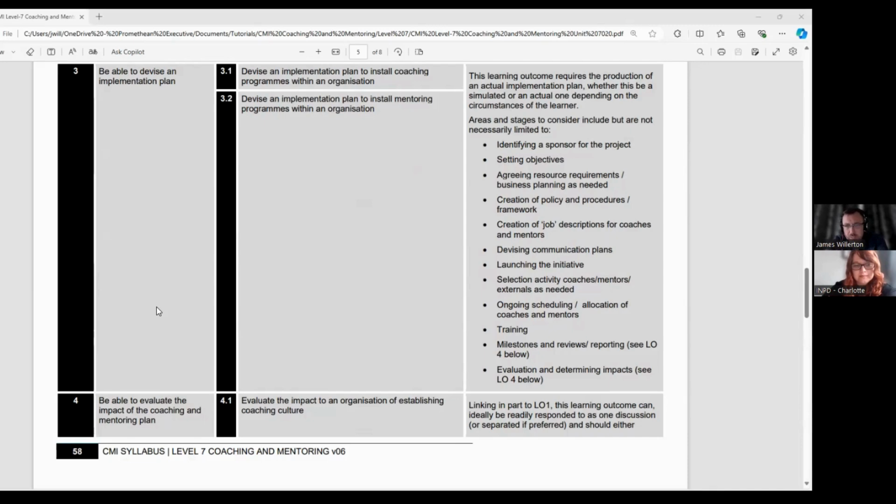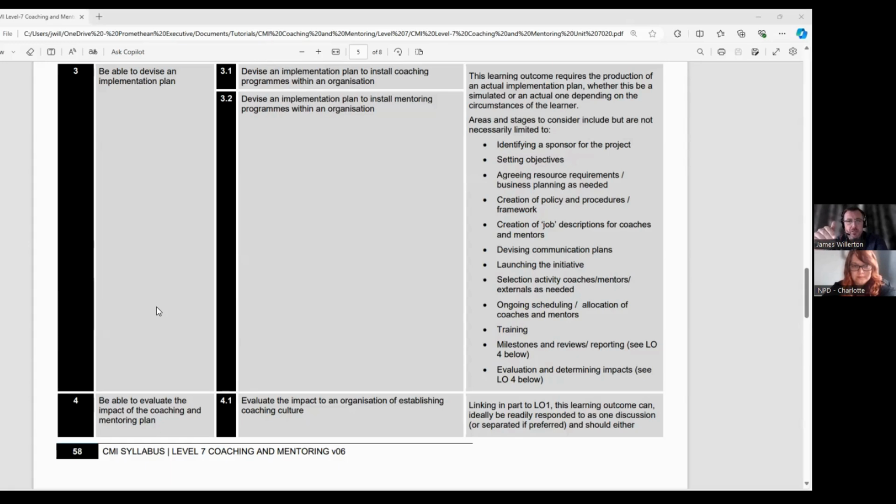Hopefully, fairly straightforward. I think just to bear in mind here how objective settings and metrics could be really vital to this implementation plan. So just setting out from the outset what measures of success you would see, what good would look like for these programs, and perhaps how you could establish and engage with key stakeholders throughout as well. Just things that you think would help to implement both these practices better within your organization.